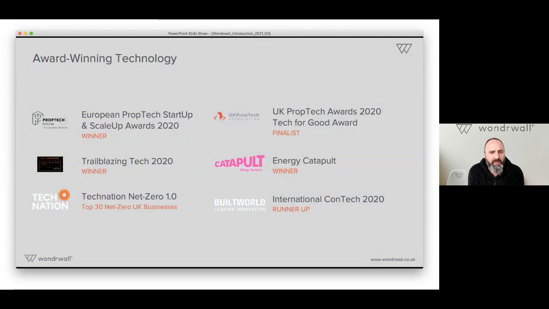And then finally, multiple award-winning tech awards, from property tech through to industry acknowledgements around Energy Systems Catapult and so on. It's really the key driver to take away from what Wonderwall does. We use digital intelligence to maximize energy efficiency, minimize carbon footprint and minimize energy costs,